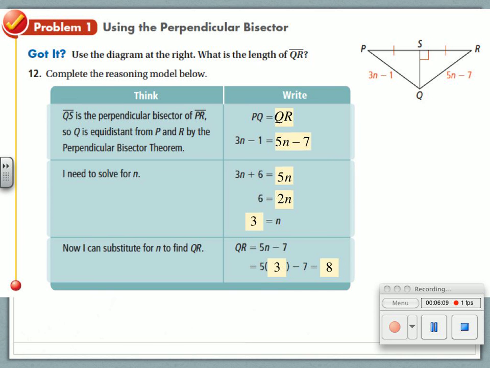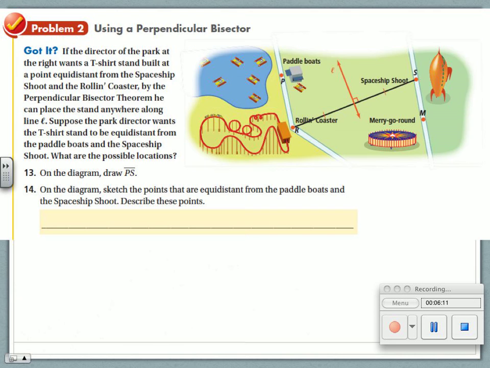All right, so let's continue on looking at another problem using a perpendicular bisector. We have an amusement park. If the director of the park at the right wants a t-shirt stand built at a point equidistant from the spaceship chute and the roller coaster, by the perpendicular bisector theorem, he can place the stand anywhere along line L. So this is line L, and if I put it anywhere on that line,